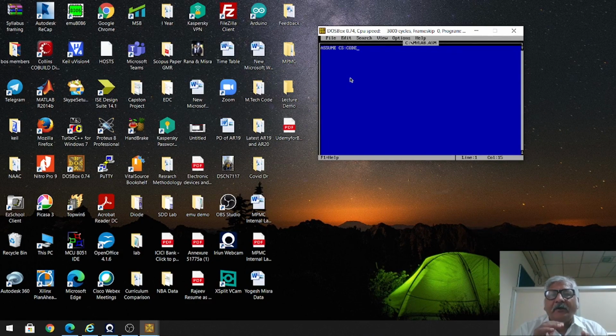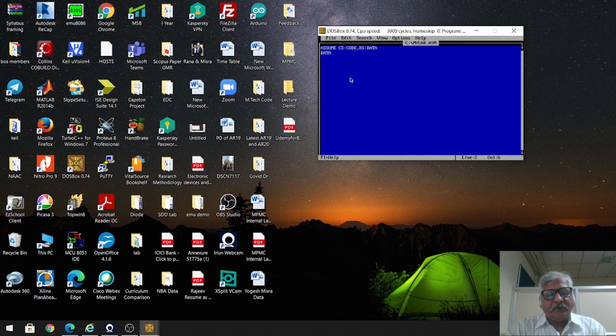My code segment, where I am going to store my program, will be represented by the code variable. Same way I will write for my data segment, ds colon data. My data segment will be represented by data.